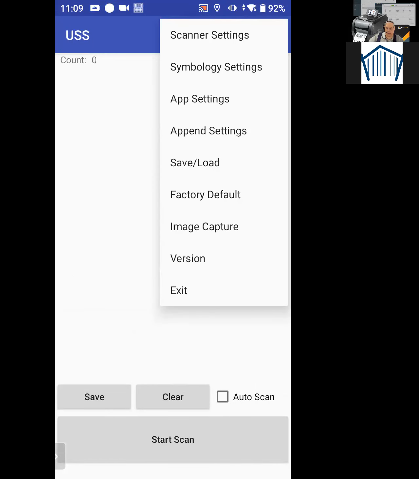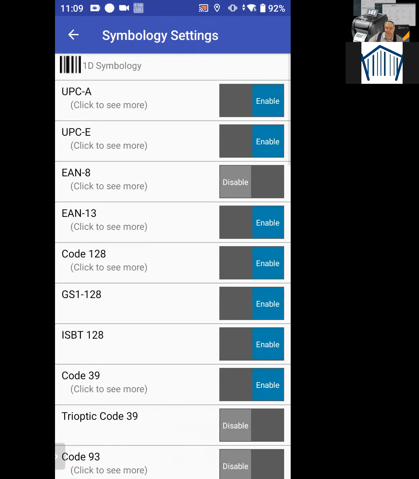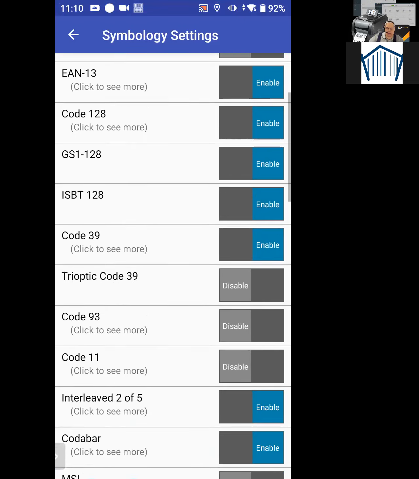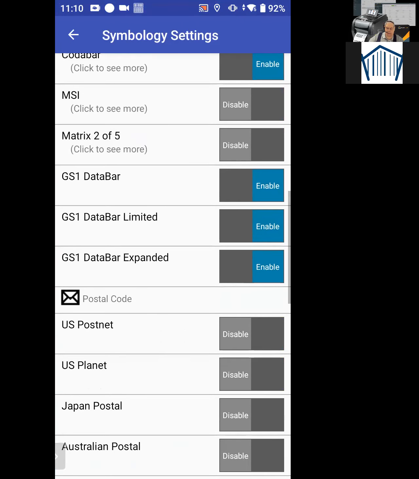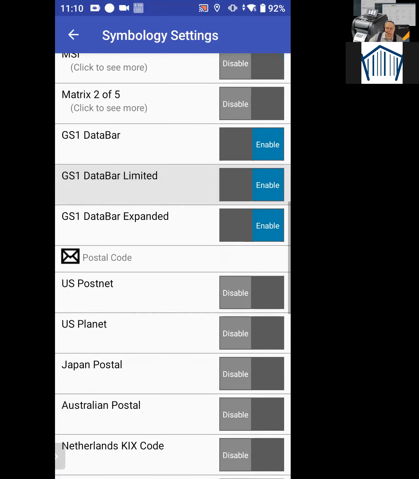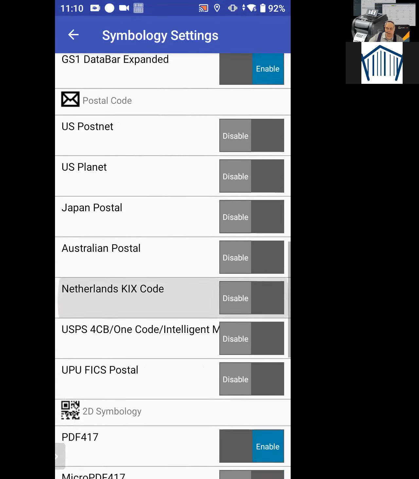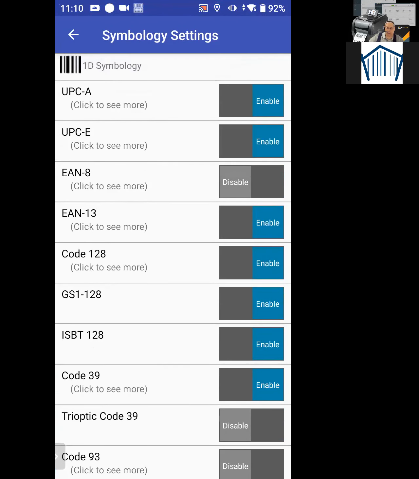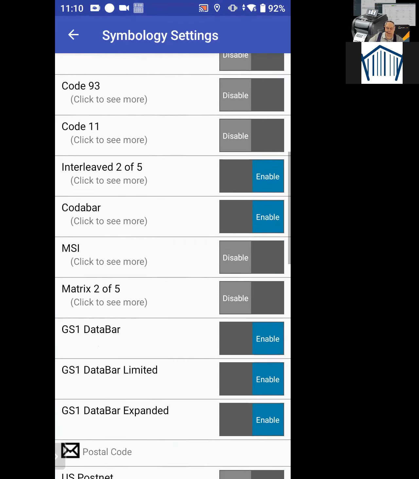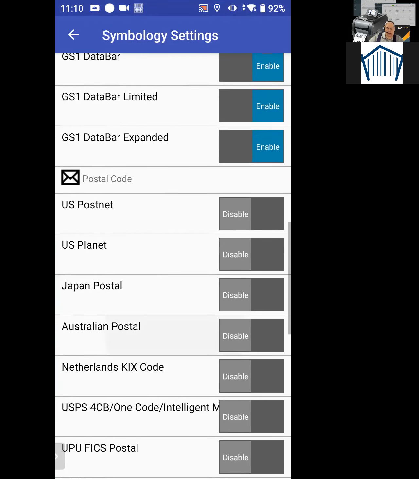The next thing is symbology. So there's lots of different symbologies for barcodes. Commonly, here's the ones I've checked that are very popular in use, and the ones that we use. But you can see there's loads of them. And if you have the requirement, it can scan just about any of the popular barcodes, including GS1, the various postal services,